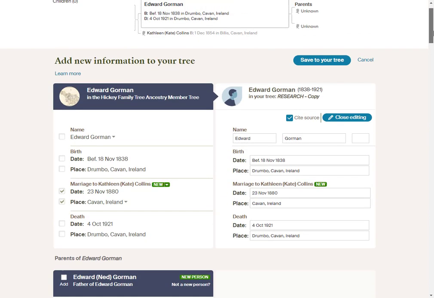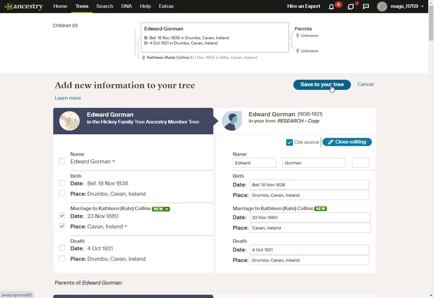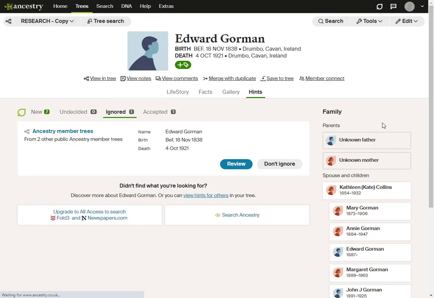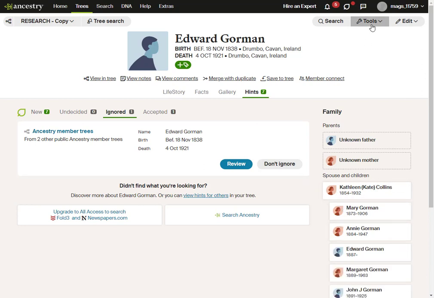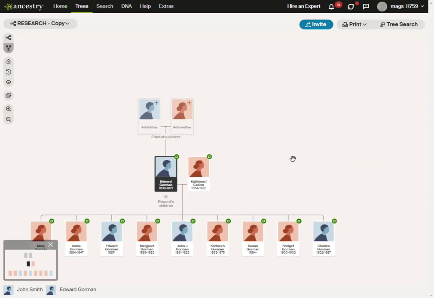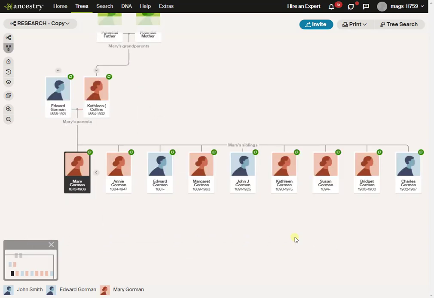So I'm just going to scroll up to the top here. I've got everybody I want, and I'm going to click Save to Tree. And now you can see over here a whole lot of people. I'm just going to look in the tree, and this is what I want. So this method has its limitations in that it only goes one generation down. Some of this layer, there is another generation. In other words, they have children. They're not brought in. It goes up, one layer down,